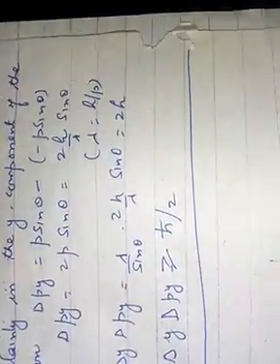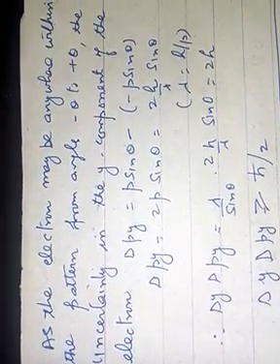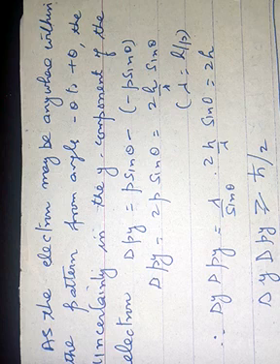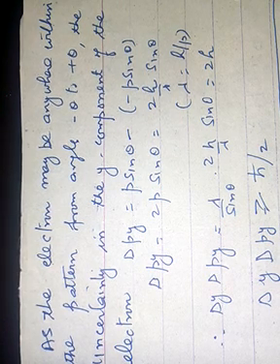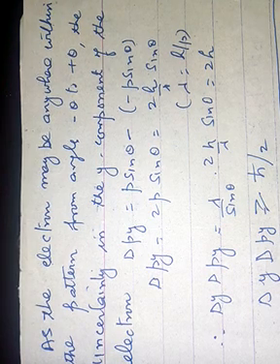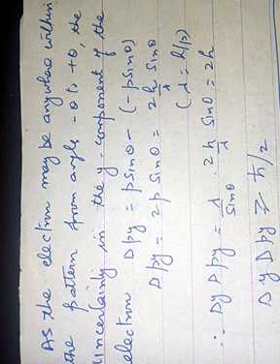Initially electrons are moving along the x-axis, so they have no corresponding momentum along the y-axis. As the electrons are deviated at the slit from the initial path to form the pattern, they acquire an additional component of momentum along the y-axis. If p is the momentum of the electron, the component of momentum of the electron along the y-axis will be p sin theta.